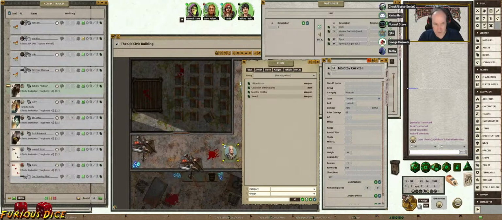Okay, it's a small burst. It's easy to set yourself on fire. On a critical failure, the attacker douses himself in flames. I had actually done it, I just forgot I'd done it. There we go, all nice and good. It's a weapon, it's thrown. I just need to put the range in. One thing it hasn't got is